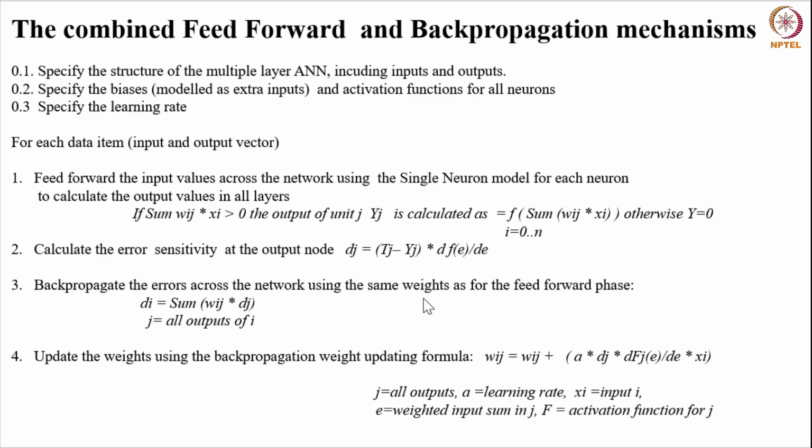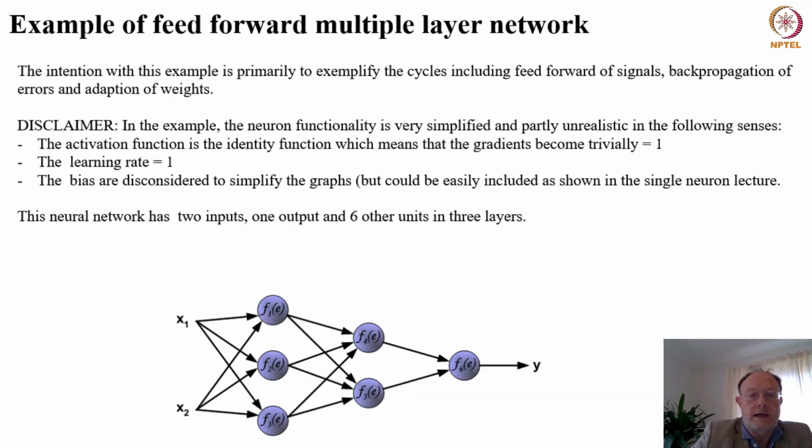So to sum up, everything is very much the same as in the single neuron case. The only thing is the forward feeding has to be carried out all through the network, and there is a backpropagation of error phase followed by an update of weight phase, which is also according to the single neuron case. I'm now going to show you a simple example of the machinery of a feed-forward multiple layer network. The intention with this example is primarily to exemplify the cycles including feed-forward signals, backpropagation of errors, and